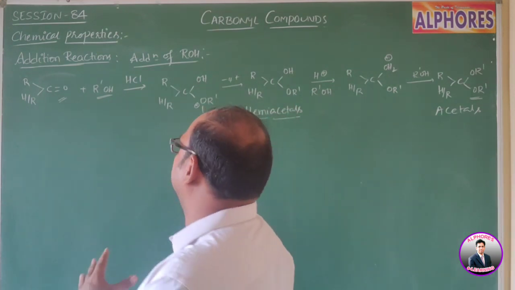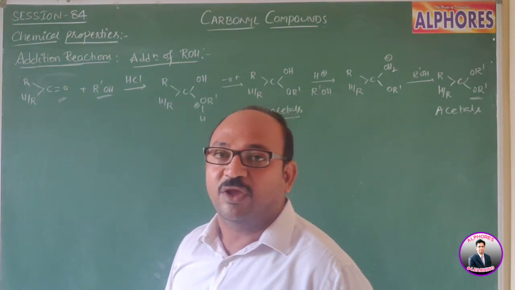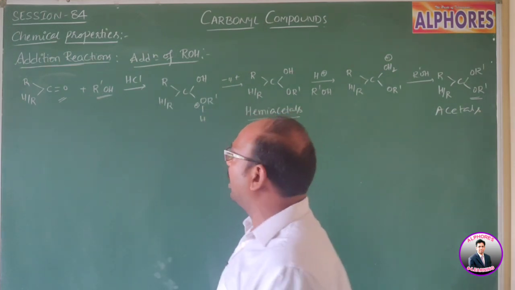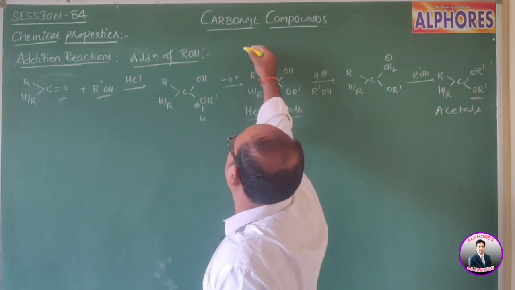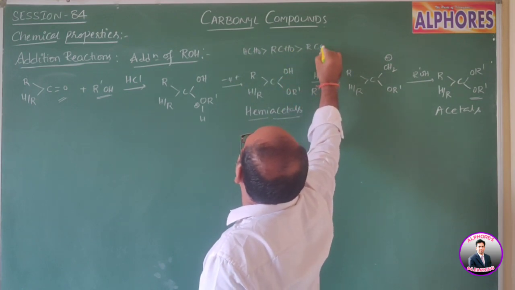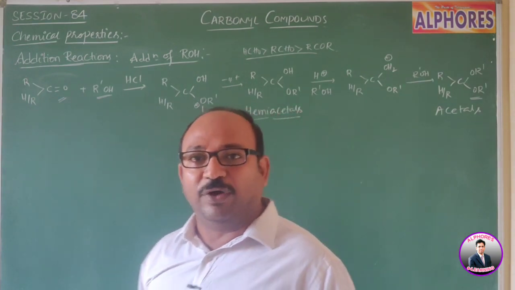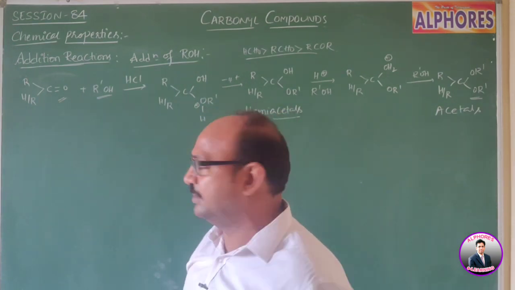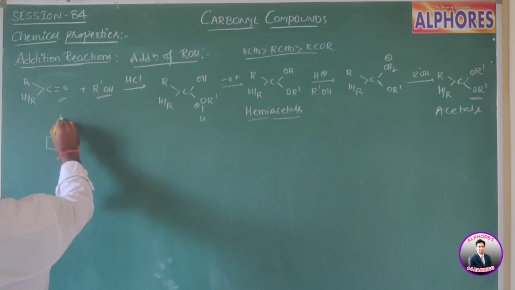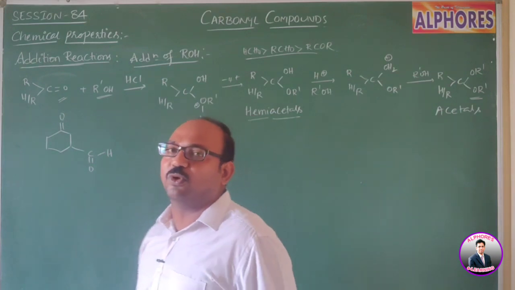Now, this conversion to acetal or hemiacetal is preferably used for protecting the carbonyl group of aldehydes in the presence of ketones. Let me explain. First of all, the order of reactivity: formaldehyde is greater than other aldehydes, which are greater than ketones. So formation of acetal for ketones is less compared to aldehydes. Now, I am going to consider one example. See here, this one has a C double bond O group, and here a C double bond O H group: one aldehyde group and one keto group, two groups are there.